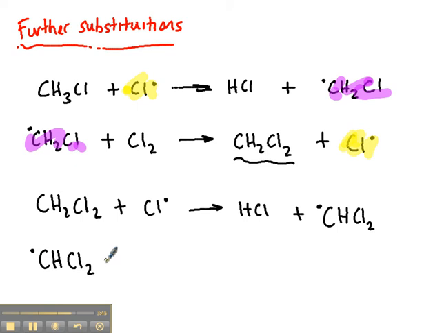So in theory what we could have is further substitutions so that we form CHCl3 plus another chlorine free radical, and in theory we could have further substitutions where all the hydrogens have been